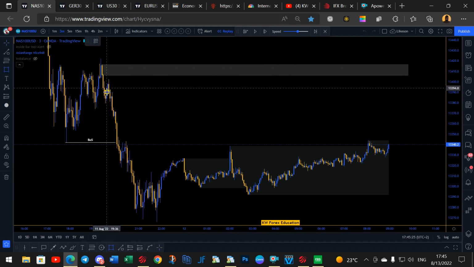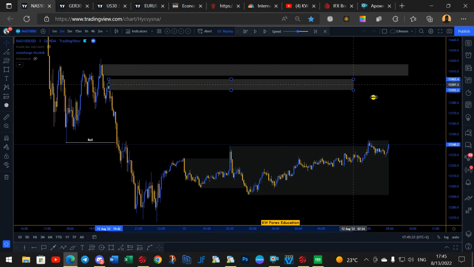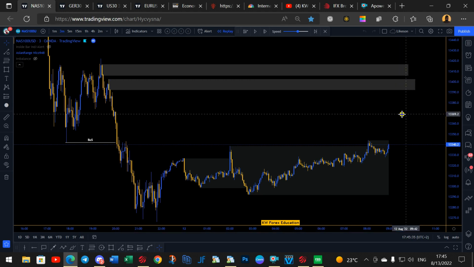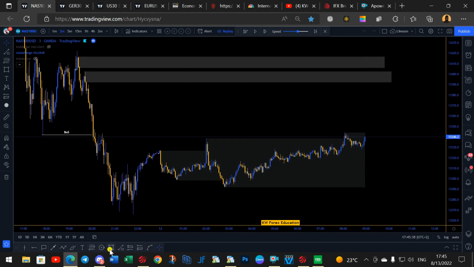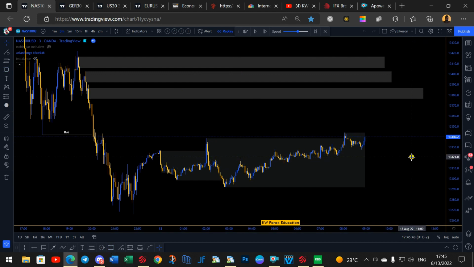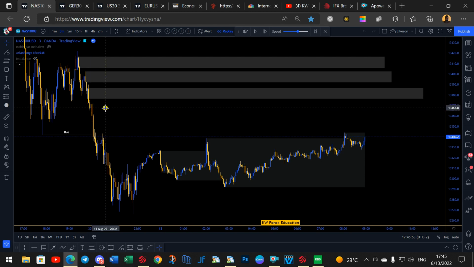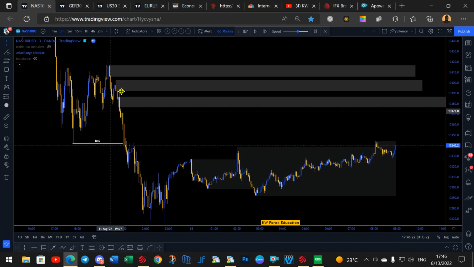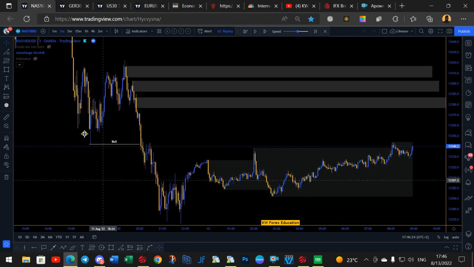You see, you would have to mark out all possible order blocks that you are seeing, because you will never know which one is going to work out, right? You will never know which one is going to work out. So we mark all possible. So those are the three that I marked, right? So I deliberately didn't mark this one out, because when we look at what was going on here, before this break of structure,